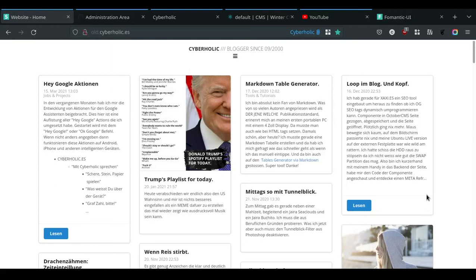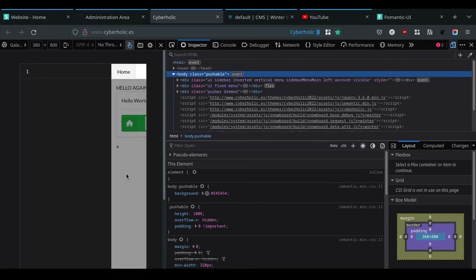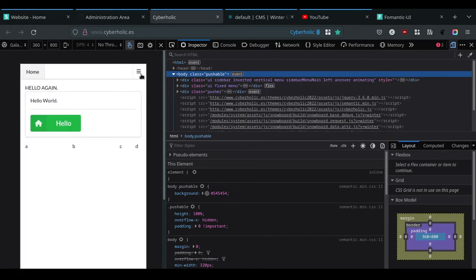Welcome to Cyberholic tutorial 1.1.8, and in this video I'm going to show you how to include a partial into your layout and the big advantages of partials coming with Winter CMS. So the current situation, if we look at the code, this is what you have just seen was my old website. This is the new website with some placeholder part and the side panel that we created in the 1.1.7